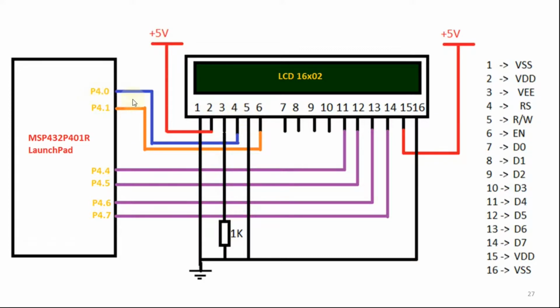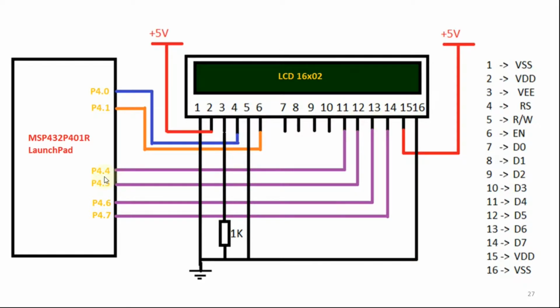and the fifth pin is the read or write pin. Basically we are going to write the data onto the LCD, so this fifth pin must be connected to the ground, and the sixth pin is the enable pin, so this pin should be connected to one of the GPIO ports. I have connected it to P4.1, and as I am going to use the LCD in a 4-bit mode, not in an 8-bit data mode, I have connected the last 4 pins, namely D4, D5, D6, D7